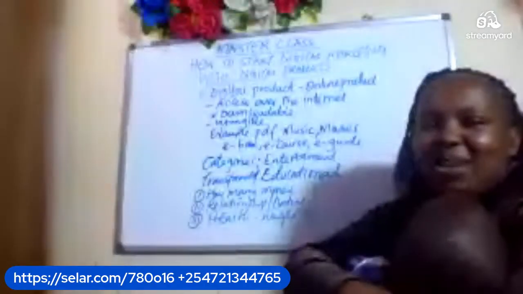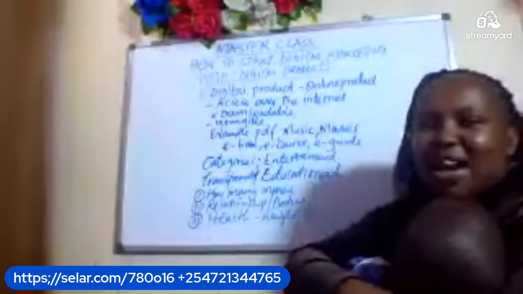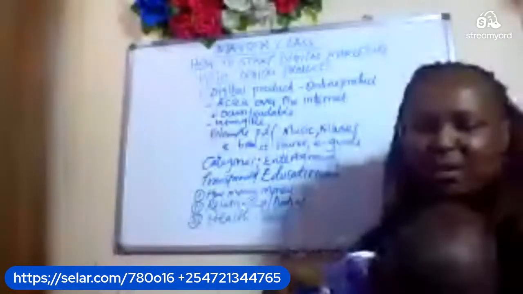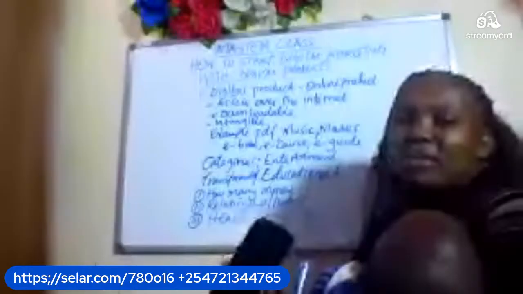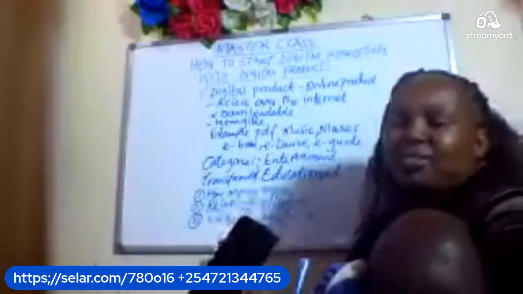Because now you understand what a digital product is, I want to go ahead and talk about how we make money from them. But before then, I want to talk about what digital marketing is. You already have the product. Let us talk about what digital marketing is, and stay with me because I will also be telling you the difference between a done for you digital product and a do it yourself digital product. So are you done? Comment done if you've already taken a screenshot. So let me go directly to the next step.